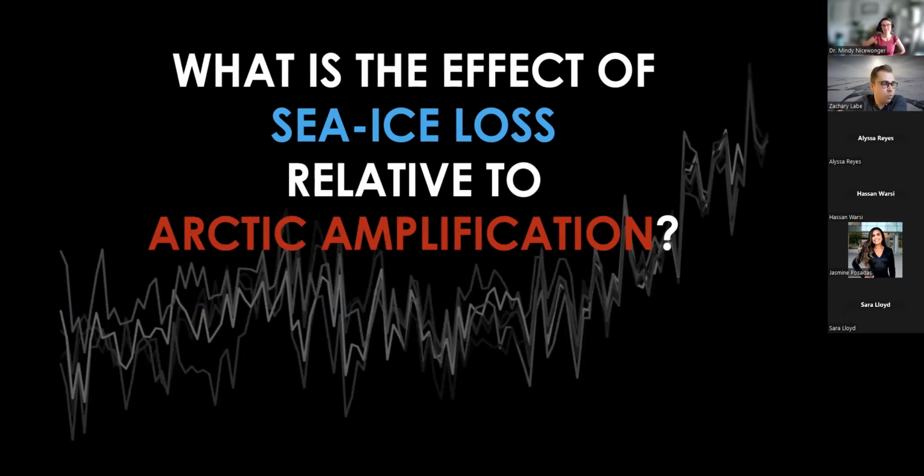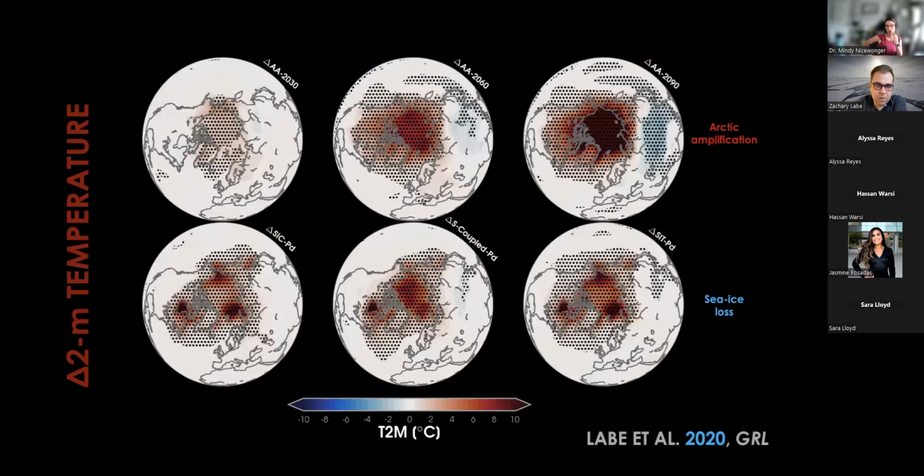In this one, we tried to compare how sea ice loss alone compares to the whole effect of Arctic amplification on this linkage between cold weather during the wintertime over North America and Europe versus the warming Arctic. So what you're looking at here is a very technical plot, I realize. But I just want to introduce you to some of the research that we do in climate science. So what you're looking at here is we ran climate model